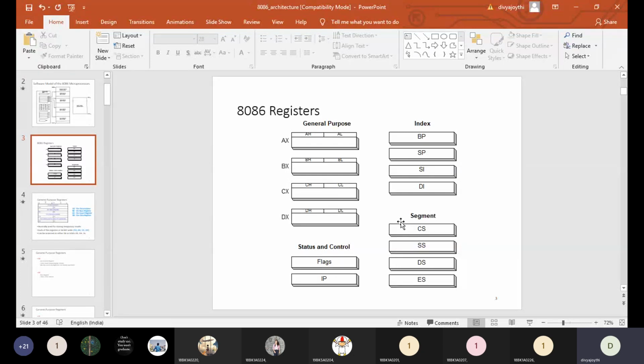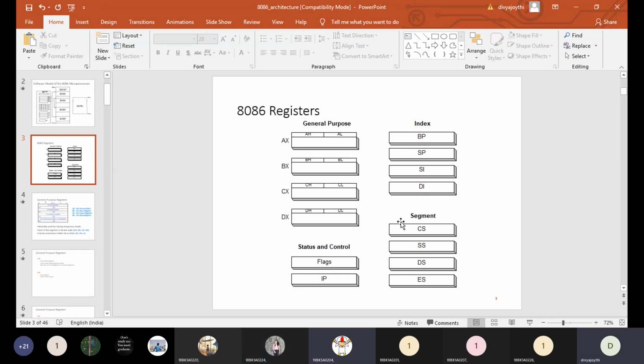Clear with this? So this is the data that each stack is containing, like row 1 civil books, row 2 EEE books, row 3 mechanical books, row 4 ECE books, row 5 CSE books. In that way, code segment programs will be stored, stack segment stack data will be stored, data segment input output data will be stored, and if the user wants to provide more than 64 kilobytes of data, then that extra data can be stored in the extra segment. Are you clear with the segments?